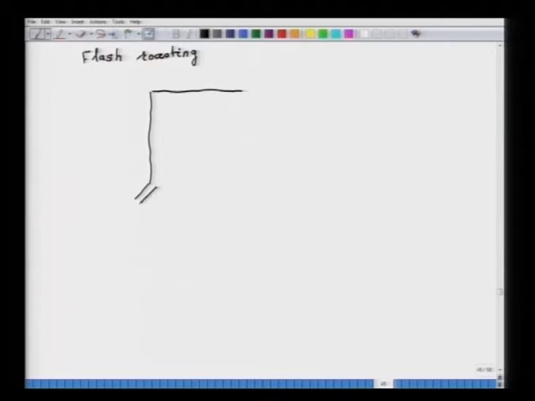Here is the roast product, and this is the discharge of the gases, and here